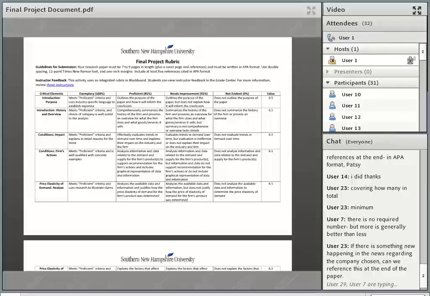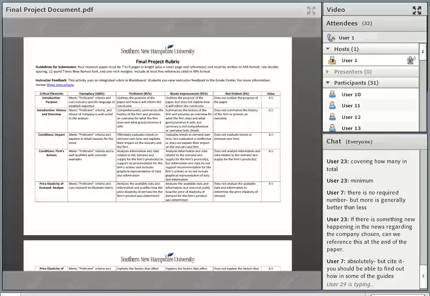So Patsy asks, if there's something new happening in the news regarding the company chosen, can we reference this at the end of the paper? Patsy, my advice to you, and maybe we'll talk about this a little bit as I scroll down going through the elements,